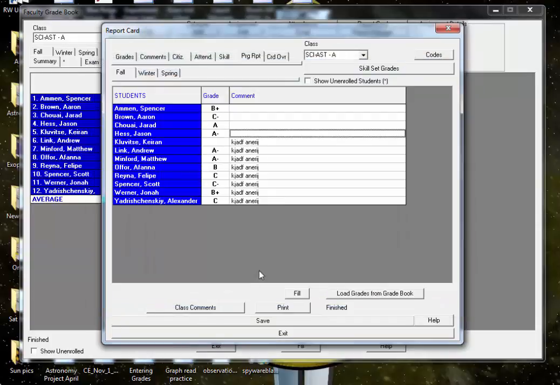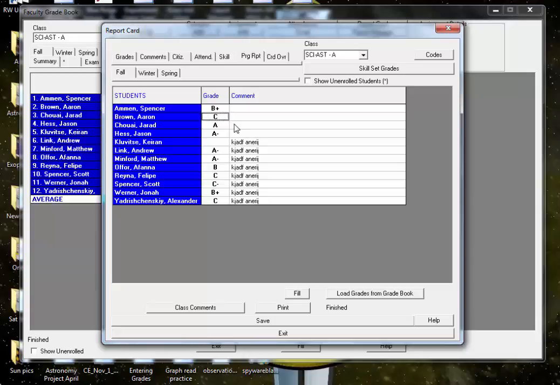type your comments. If you don't like the grade, if you think the boy deserves to slide up or down, don't forget that parents and who knows who can see your grades. So if you just wantonly give Jared a C, the parents or the family can do a calculation and find out that you're cheating him. And that might not be good. But if you think he deserves, I don't know, a C instead of a C minus,